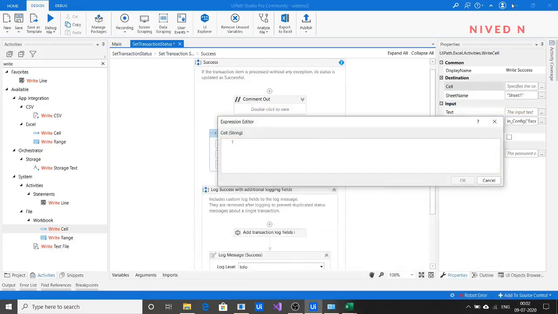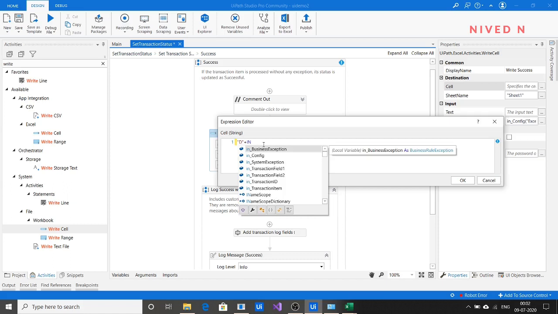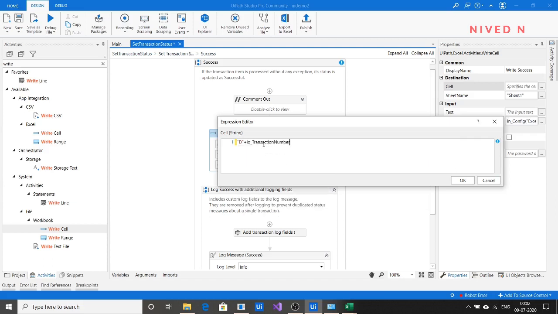In general we have to write that. So you can write here D plus in out transaction number plus 1.